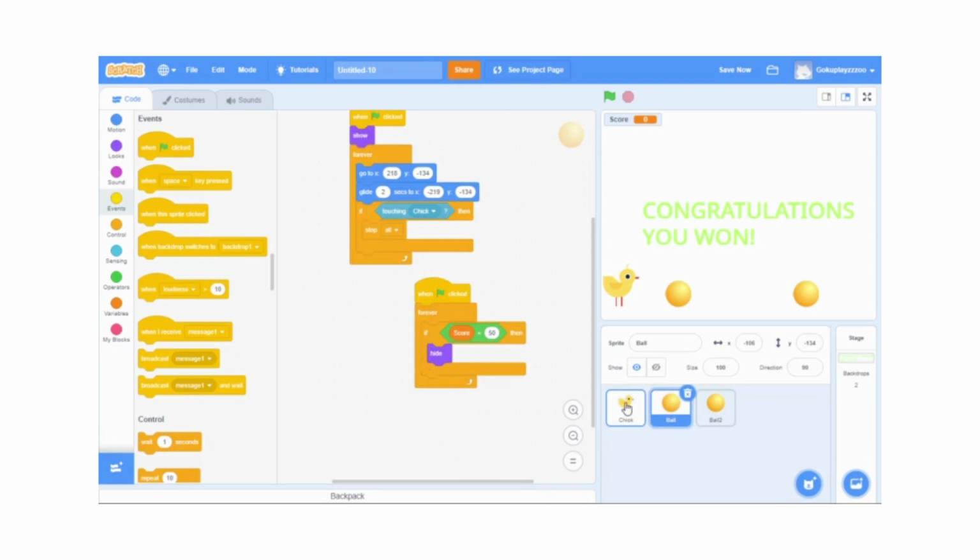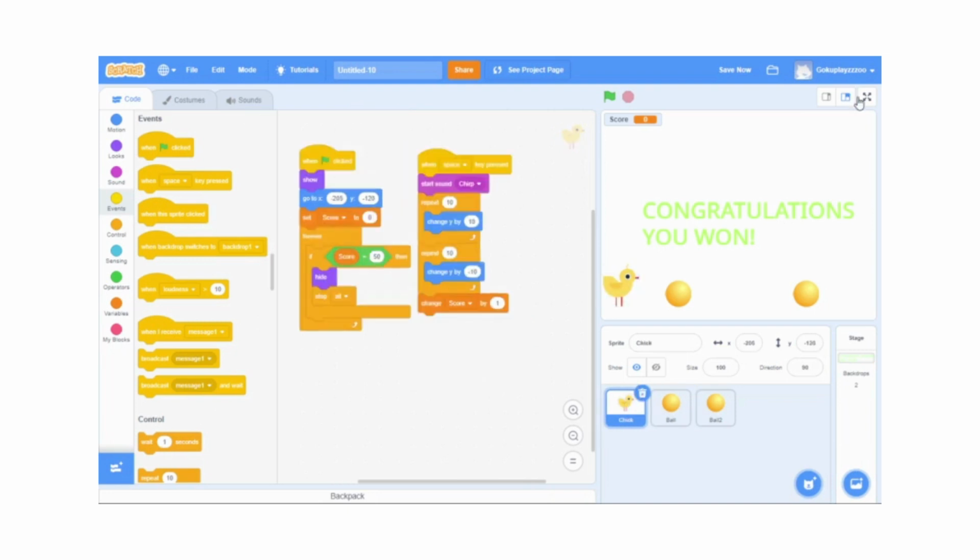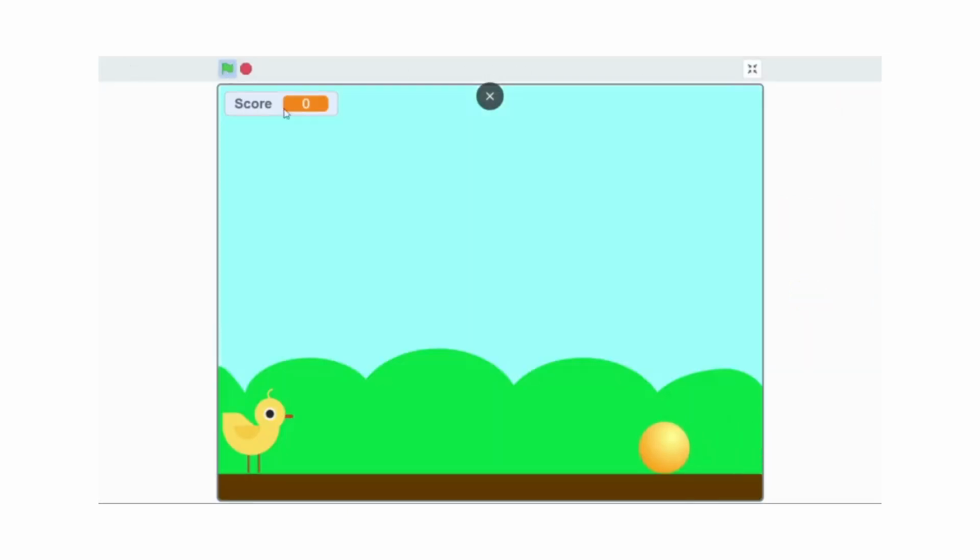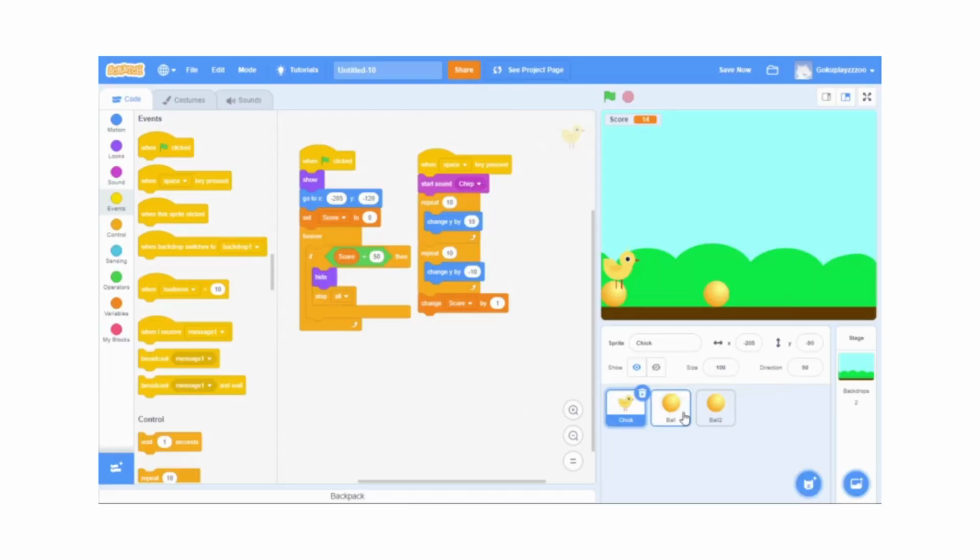The hide right there. And I'll just play it one more time to try and reach 50. And you can change how much the score goes up if you want to make it easier for yourself, or if you want to make it harder for yourself, you can speed up the balls. Yeah, it doesn't seem I'm going to get to 50 anytime soon, so I'm just going to make it easier for myself and make the score